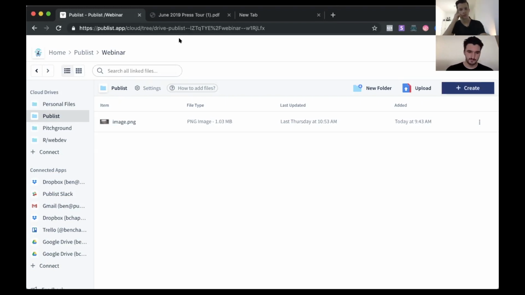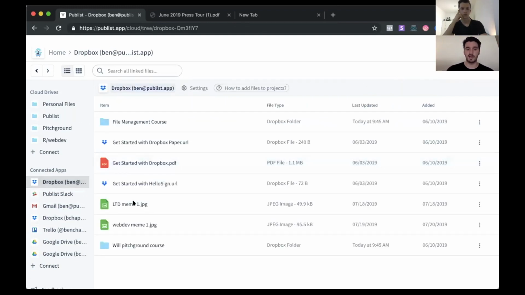They did it because it was a really important problem for them, but they definitely weren't happy with that solution. With Publist, we make that really easy because all of your apps are already here, so everything's in one place. And something we're thinking about adding in the future is, if you do want to do backups, you'll be able to automatically store all new files from